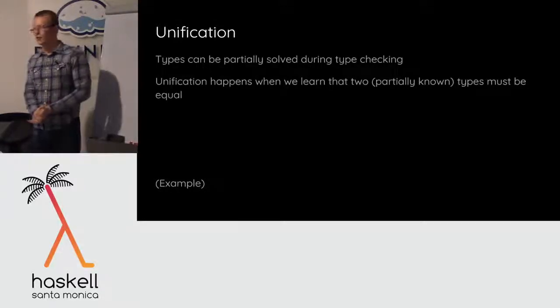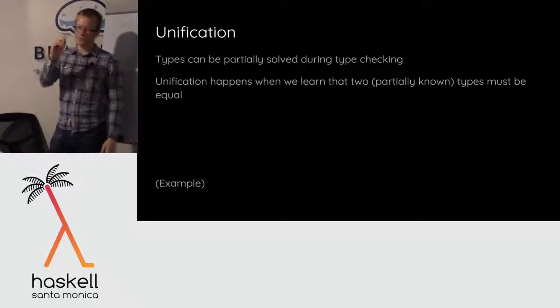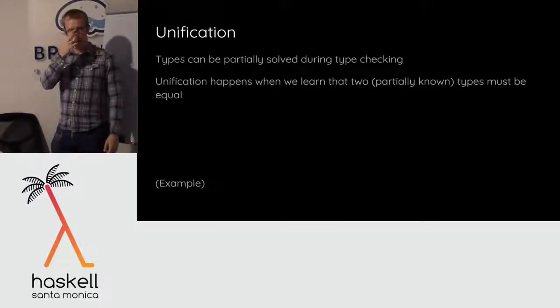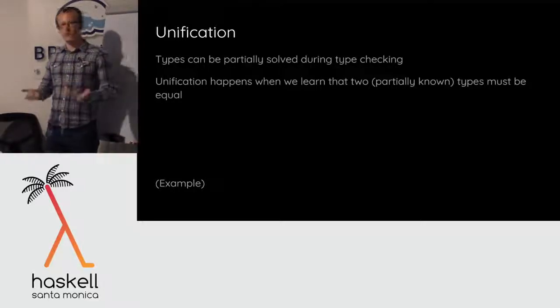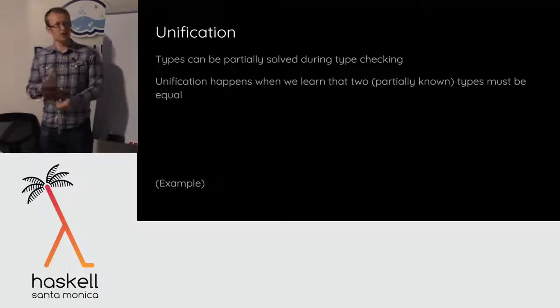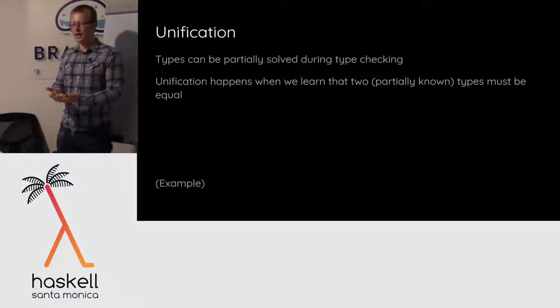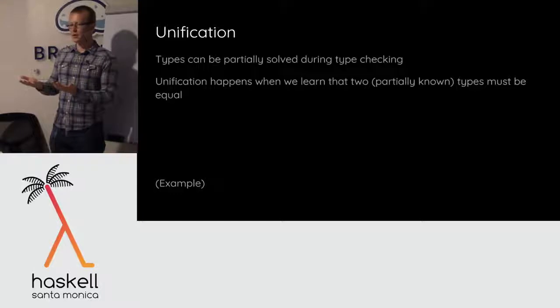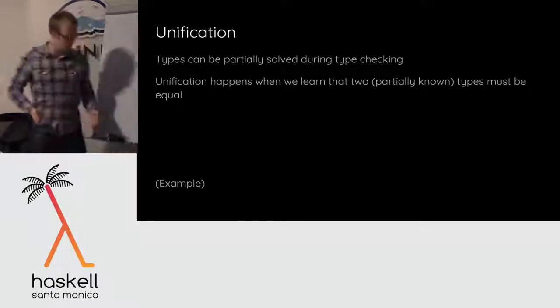So like I said, local information about a program doesn't give us enough to solve the type for that piece of the program, right? We might need to take partial information from different parts of the solving process and glue them together, and that's what unification is about. So unification says, if I have these two approximations to a type, can I join them together to give all of the information combined, right?